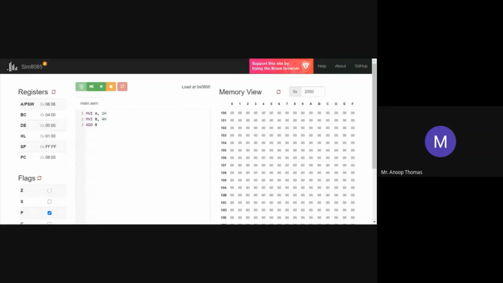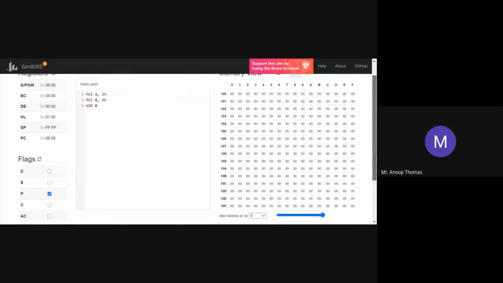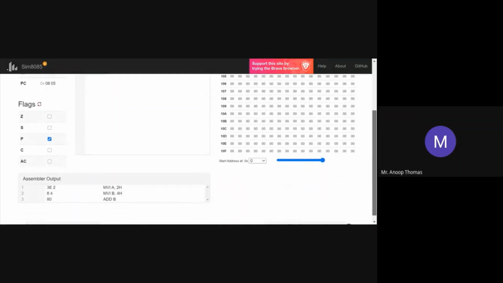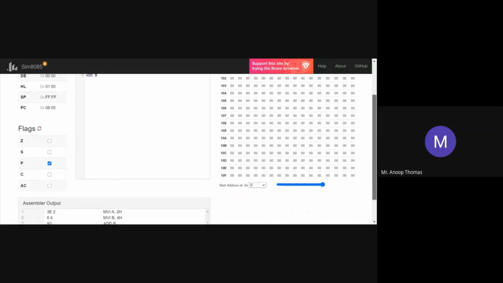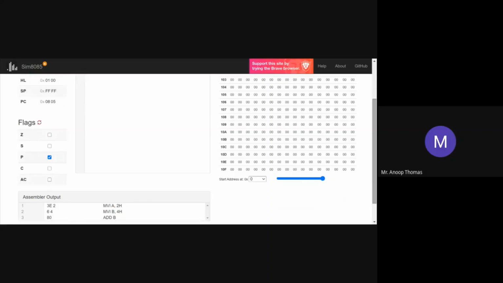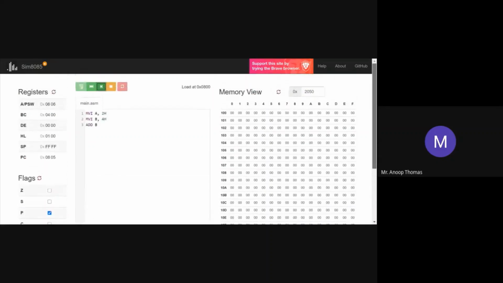You might not be able to comprehend most of it, but at least you have an idea about what instructions are, what flags are, what your program counter is and all. So this particular site gives you the whole idea about how your particular instructions will look. What are the instructions, how the coding is being done, everything is evident from this particular site.